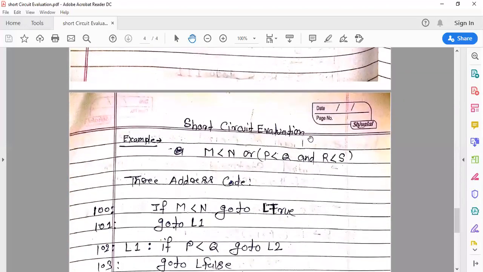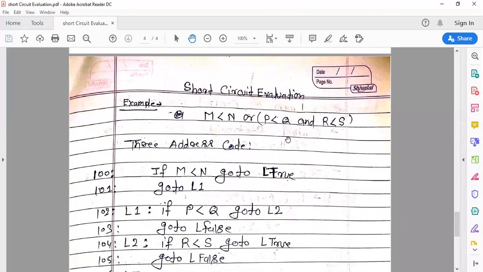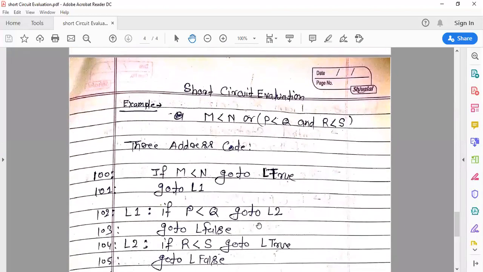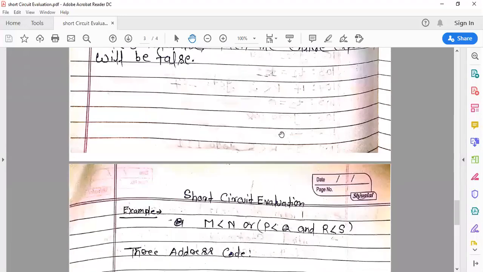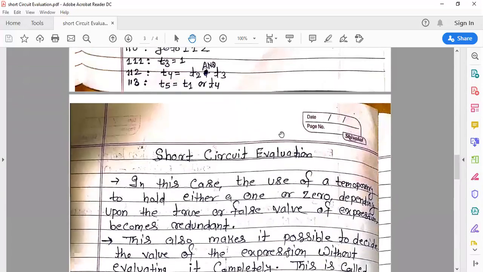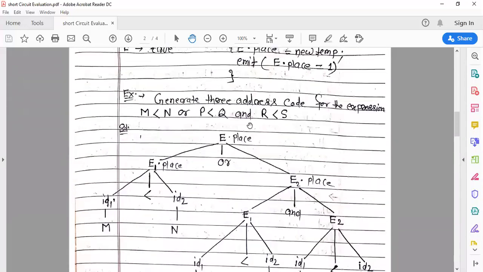Like you can see here, the 3 address code for this Boolean expression. Suppose here m less than n or p less than q and r less than s. I am taking the example of the previous code. As you can see, I have also taken m less than n or p less than q and r less than s.